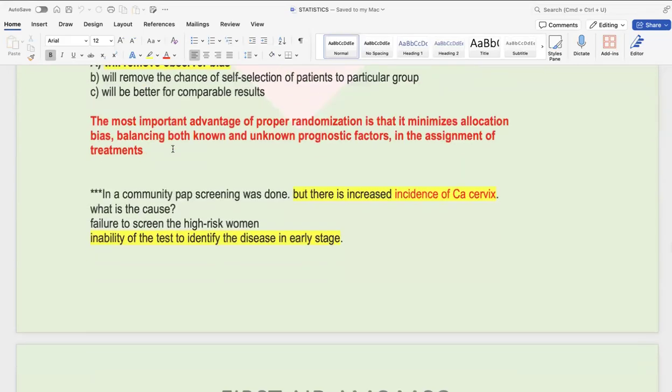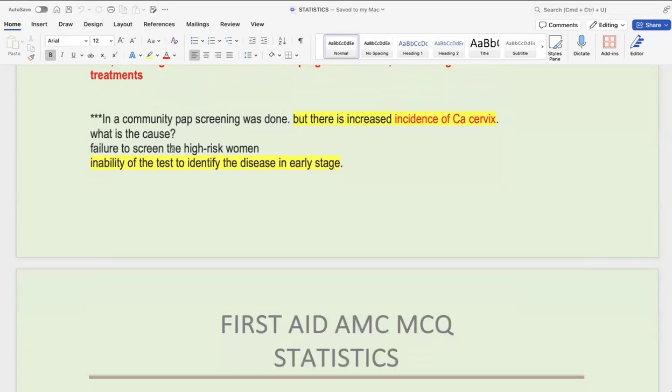Okay, so observer bias is important because you are the person who is observing this group of people. And if you know that, yes, this is the person who is getting the treatment, you can get biased. So choosing people randomly and not knowing what they are just removes a lot of bias.